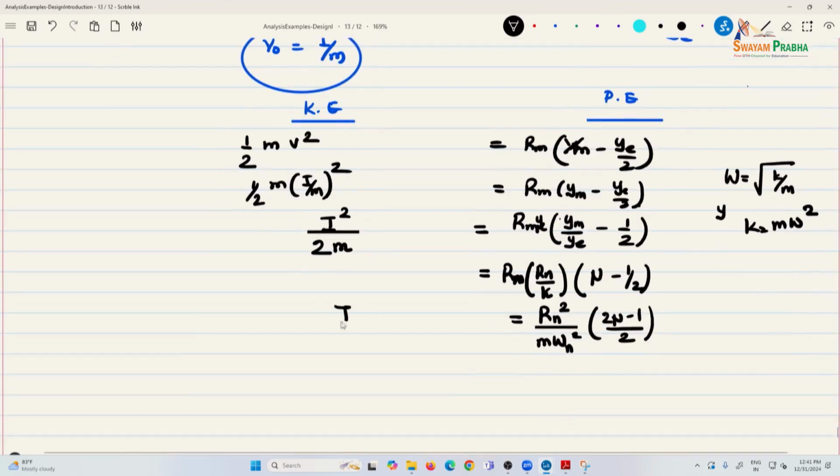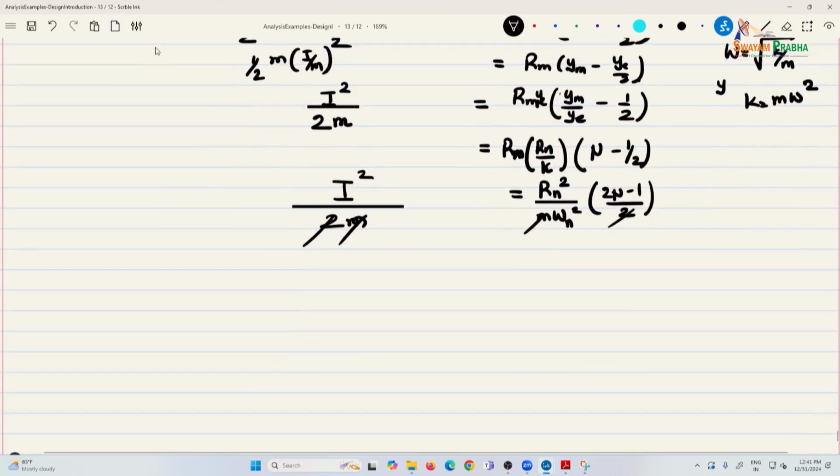And this is I square divided by, not 2i. So no magic here. If I am making any magical errors, point out. So I square divided by 2m. So I can cancel 2. See how nicely some things fall off. And what you get now is